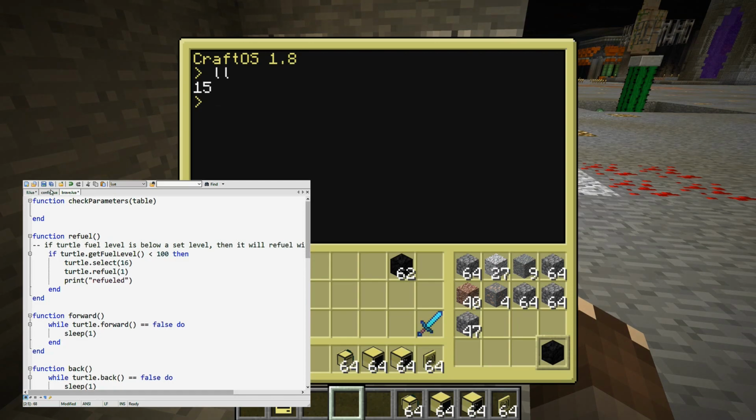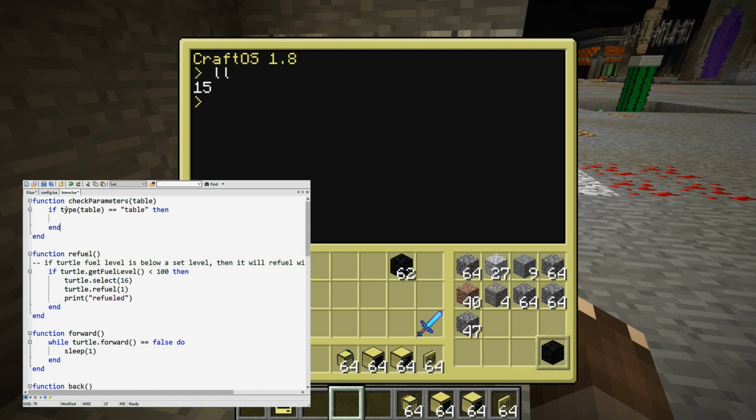So that's what we are going to do. Now we are going to imagine that we have a table as an input. We just need to make sure that it is actually a table. So if type from table is equal to table, that is type of variable, then we are going to do some stuff. And if it isn't a table, then we won't do something. And actually, we can do that. Else